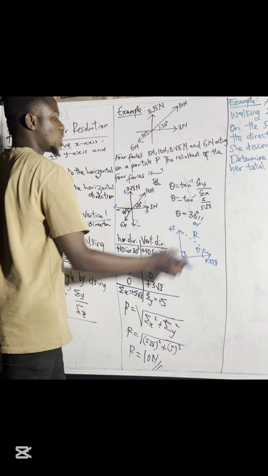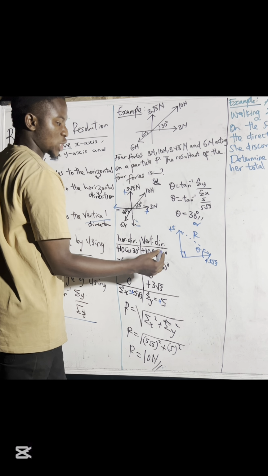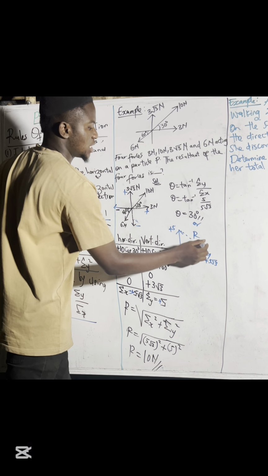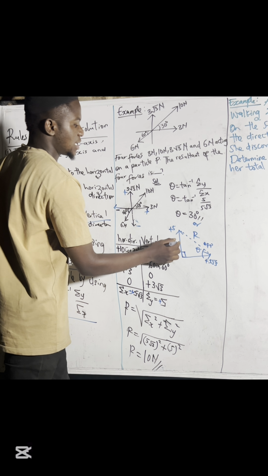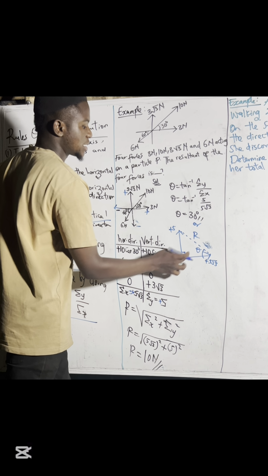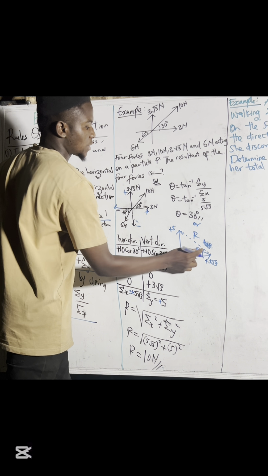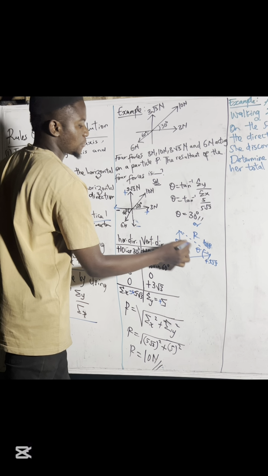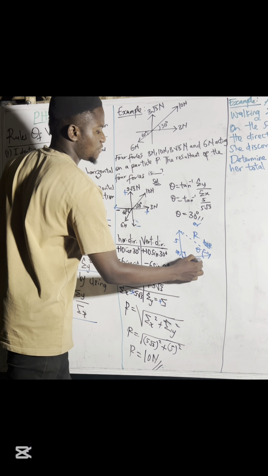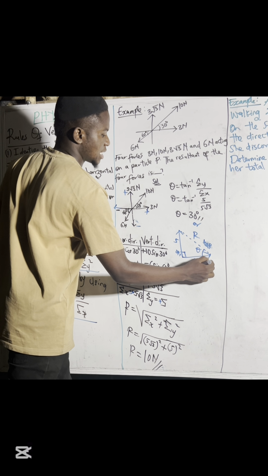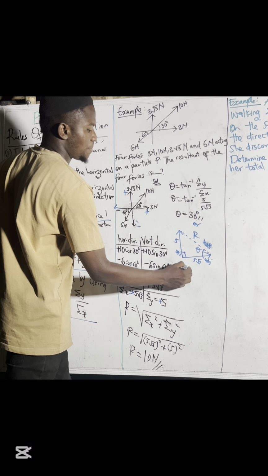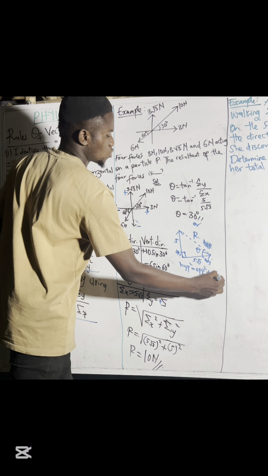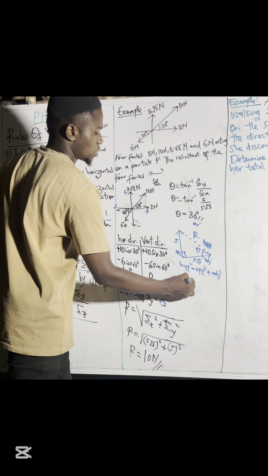So in order to get my resultant, I can just use the Pythagoras theorem. This angle 90 faces here, this is the hypotenuse. This theta faces here, this is the opposite. Don't forget the value here is 5. The value here is 5 root 3. And this is the adjacent. So using the Pythagoras theorem, hypotenuse squared is equal to opposite squared plus adjacent squared. Hypotenuse squared, that is r squared,